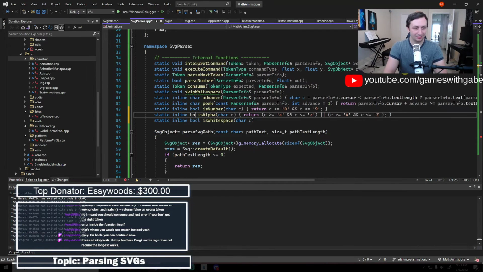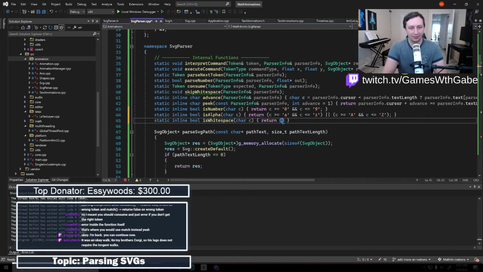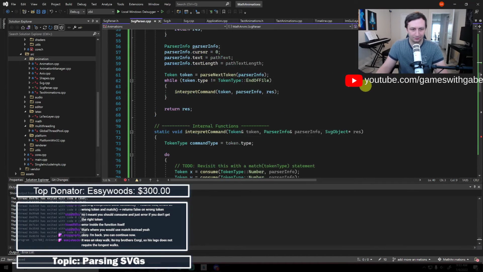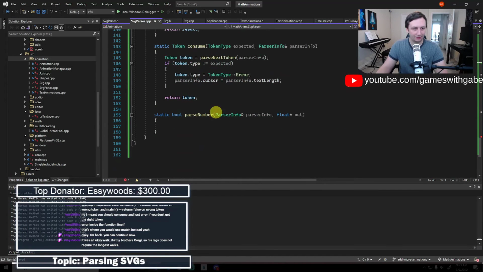Is number, is alpha, yeah. Don't know what I was thinking there. Okay, so that should just return c equals a space, or c equals a tab, or c equals a new line. We shouldn't have to worry about new lines, but just in case.